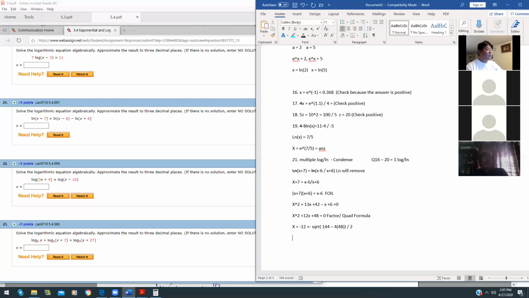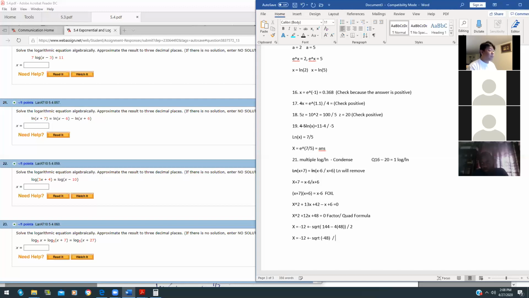So what is 144 minus 4 times 48? This is negative 48. So x in this case is negative 12 plus minus square root of negative 48